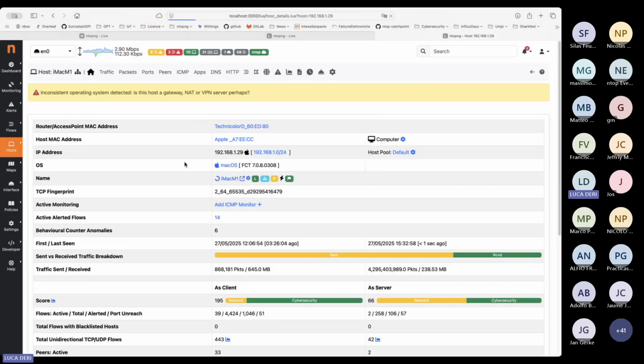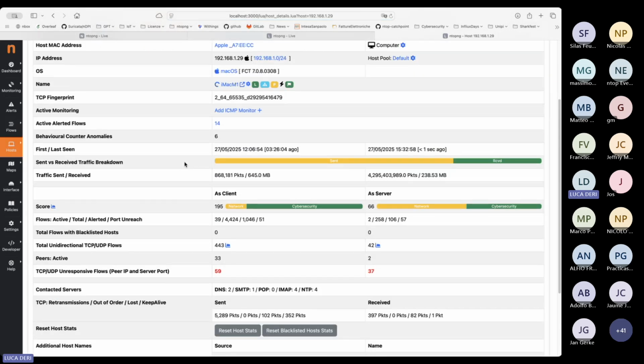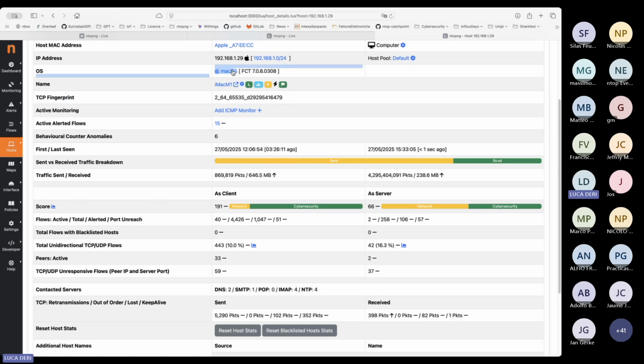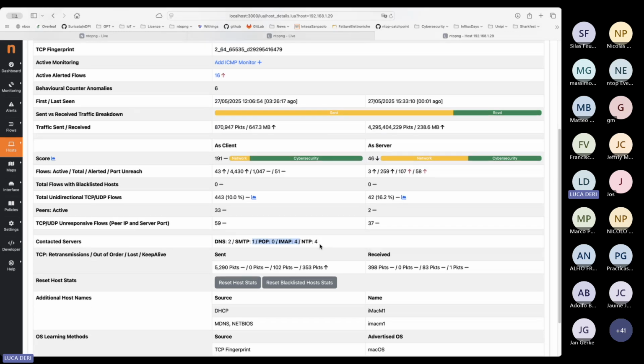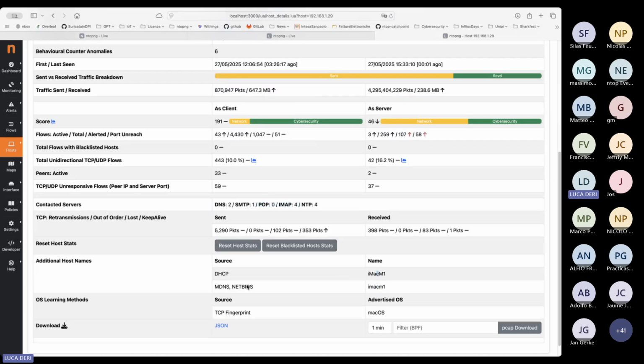Let's take my PC. As you can see, through the fingerprinting, it's possible to identify the operating system. It's macOS, of course. And it's also possible to figure out with whom it is talking, with how many services, the various names that have been learned on the network, and the operating system that has been inferred through